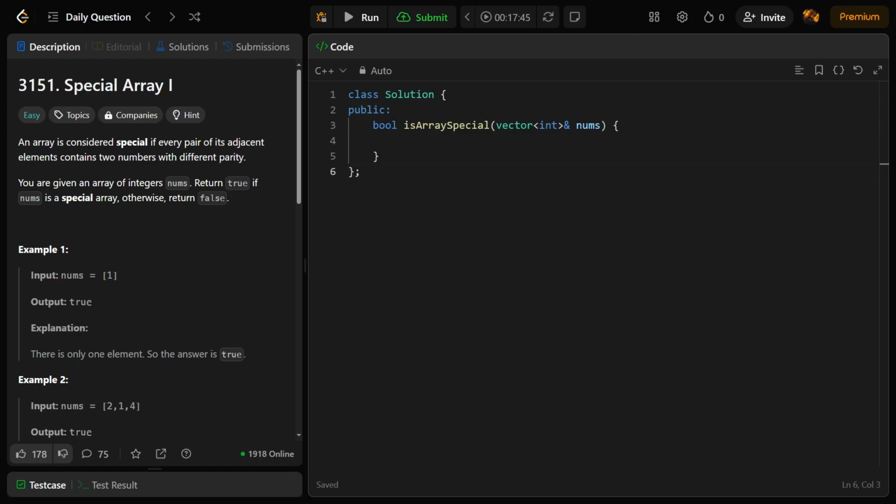Okay, so let's see today's daily problem. It's 1st February of 2025, and the question difficulty is easy. Name is Special Array 1. It's given that an array is considered special if every pair of its adjacent elements contains two numbers with different parity. You are given an array of integers nums, return true if nums is a special array,